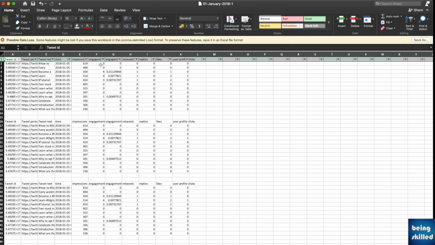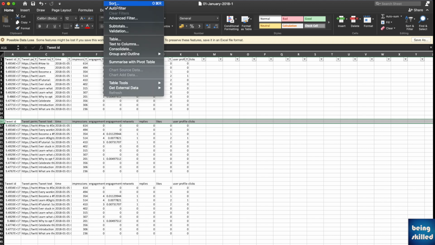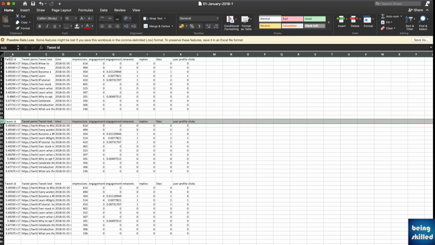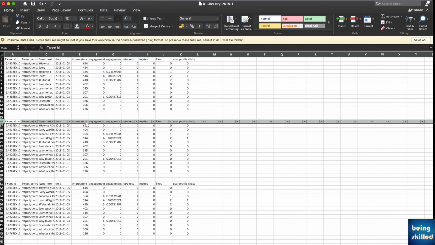this auto filter will be applied only on the first table, and if you want to apply it to this as well, then you will have to go to data again, and then if you click on auto filter, it will go from there, and you will have to again go to data and then auto filter to enable the filter over here. But this is very clumsy and it can only happen to one single table in a worksheet. So what is the other way?